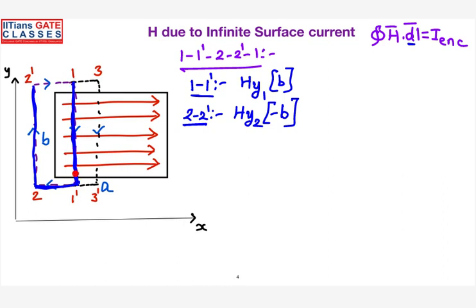You got the point? And 2 to 2 prime, you are moving on the bottom side of the sheet. So when you are moving from 1 to 1 prime, you are moving in the y direction and you lie on the top of the sheet. Now 1 prime to 2, I was below the sheet, so I have to move perpendicularly.